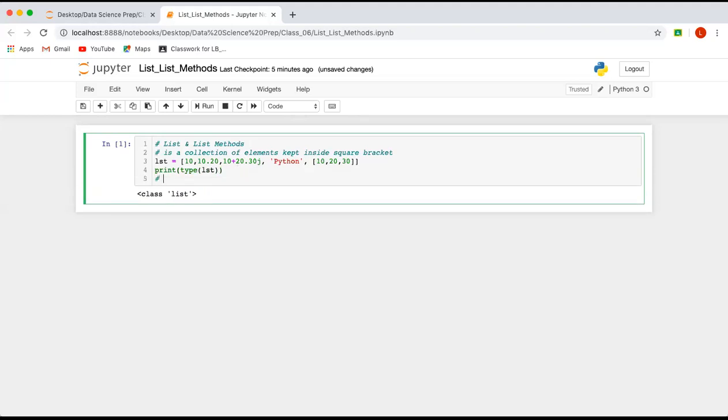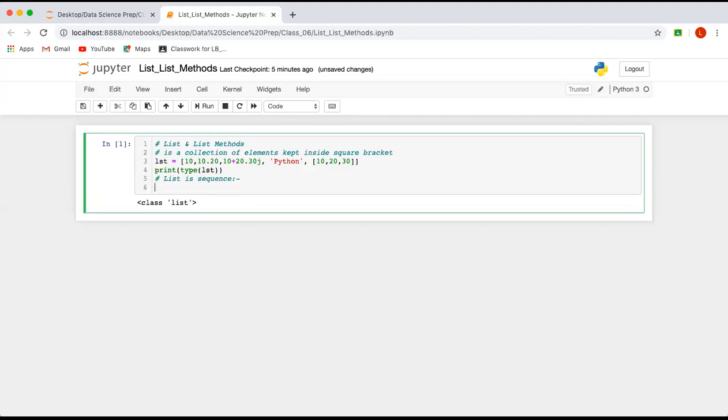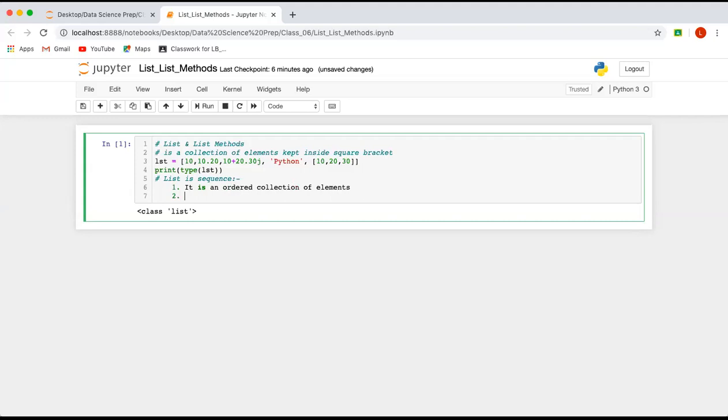Now, you remember I told you that every sequence has some properties or characteristics, right? Like string is a sequence, right? So few things are fixed in that. Similarly, list is also a sequence. So in this case also few things are fixed in it. Okay. So what all things? The first thing which is fixed in it is an ordered collection. It is an ordered collection of elements. Okay. Now what is the second thing? Second thing says that positive and negative indexing are allowed.